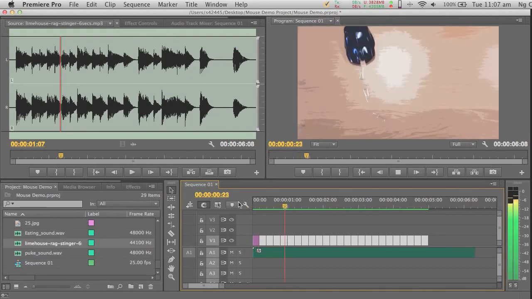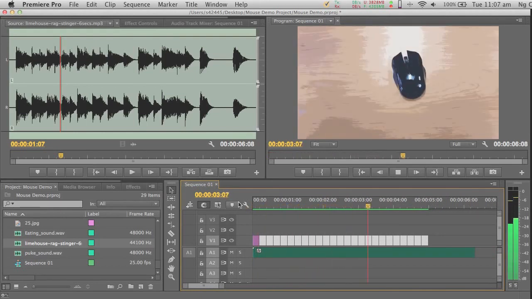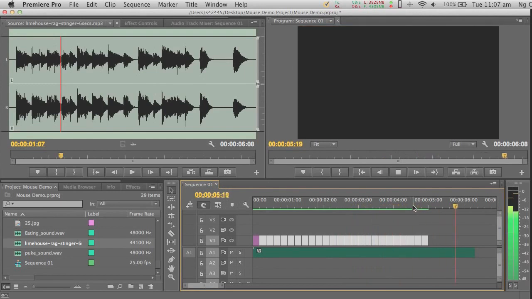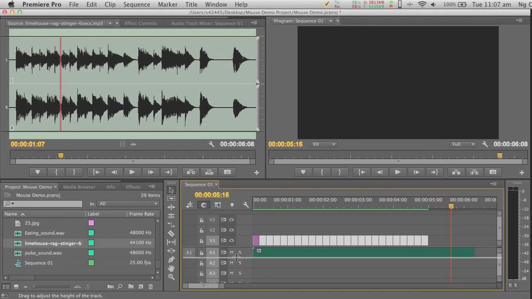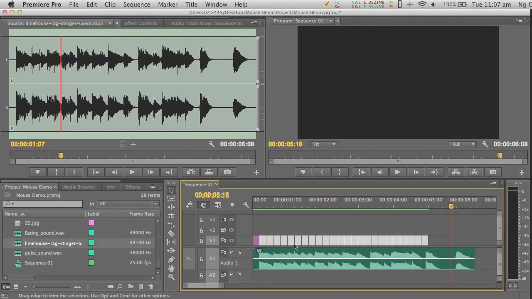And I'm going to play it. I'm going to end my title. I'm going to put a title here, around here. But it's very hard to see, so I'm going to expand the audio track. You can see when you put your mouse over here, the cursor has changed, so you can now expand the audio track. Once you expand it, you can see the audio waveform. So I can use the left and right arrow keys to pinpoint where I want to place my title. I'm going to place it here.